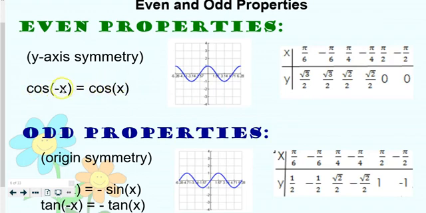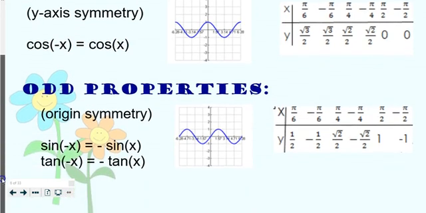And if we can get rid of a negative sign there with something that's equivalent, that's going to make things simpler for us. And then our odd properties, or when something has origin symmetry. You see here that this is not symmetric around the y-axis in the same way that cosine was. This is our graph of sine, and so when we compare values for the sine of x and the sine